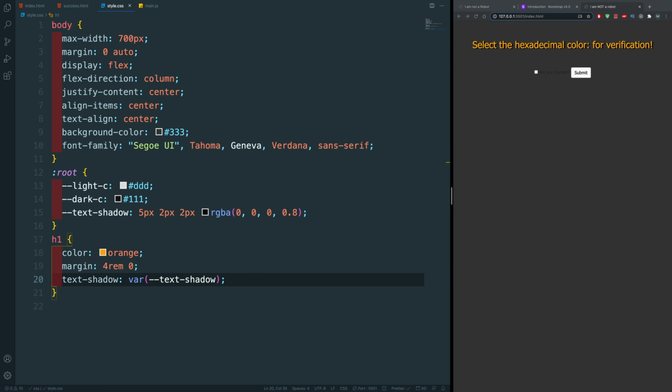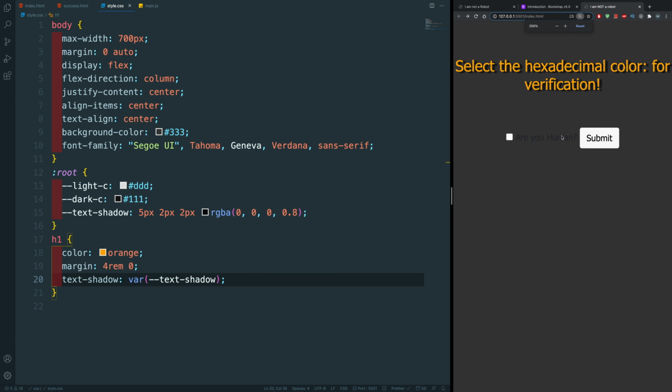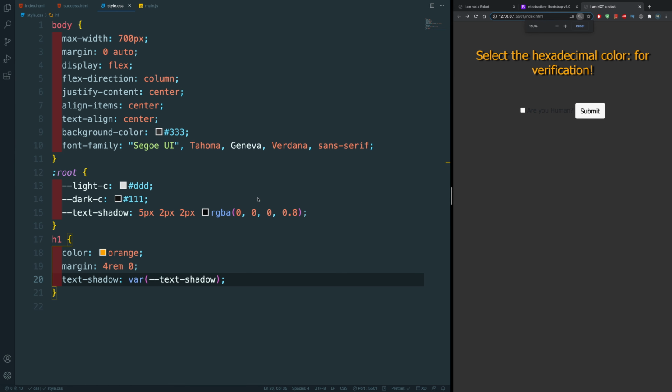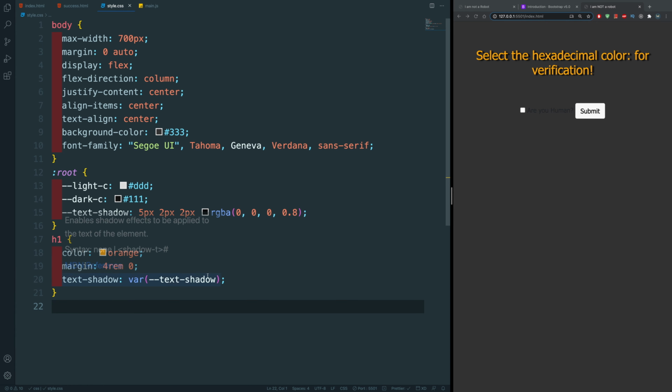I could increase the font size, but let me actually zoom in a bit, because I do have a much larger resolution. Now I'm going to take the span tag within it. So somewhere here is the span tag. So from our h1, let's take the span tag,